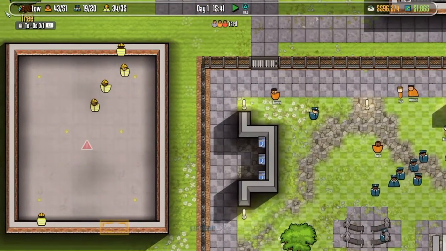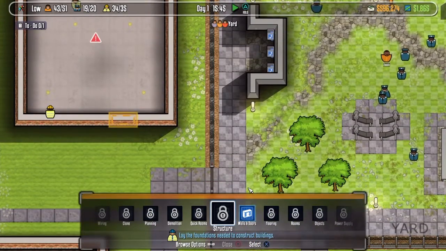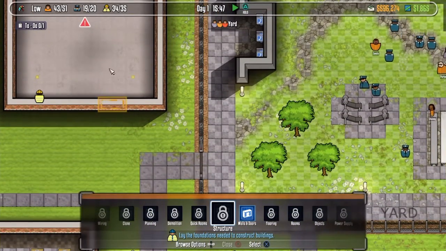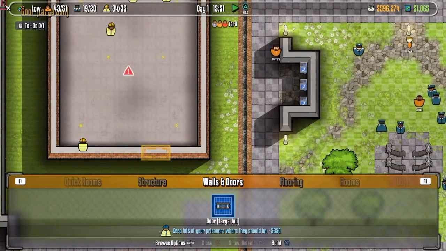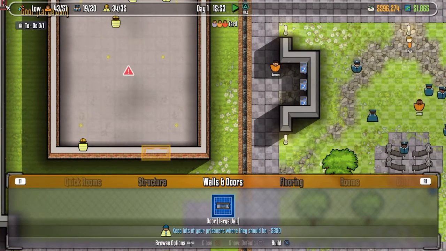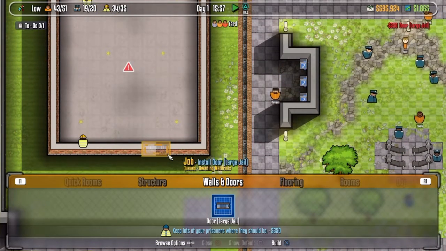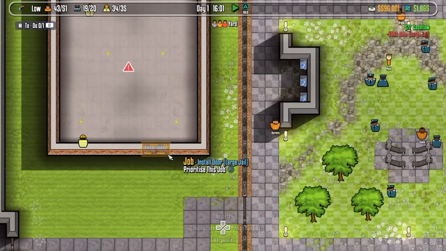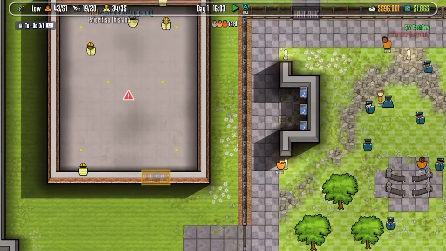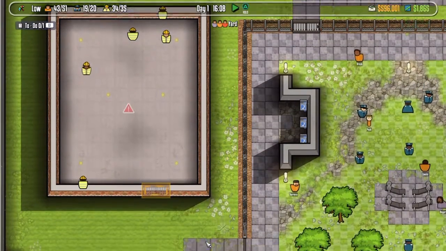Alright, let's do this. Alright, so walls and doors. Can I? Oh, I have to hit on the D-pad. That's weird. Okay. Door large. Build. Okay. Job. I want to prioritize that job. I guess I want to have them finish the building first. So,